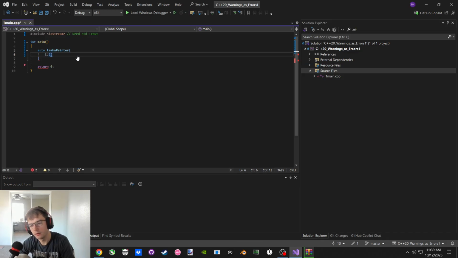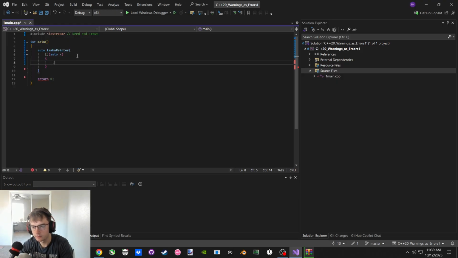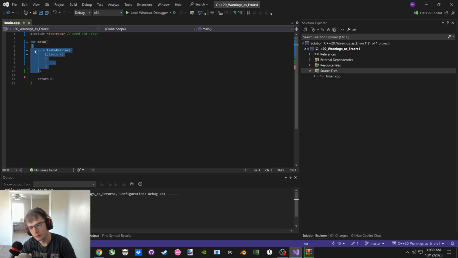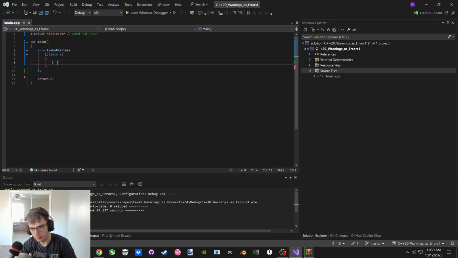Empty capture clause, takes a type deduced parameter and returns nothing, and we could omit that. The strat is this: tab, back, enter, enter. And then semi after the whole object is defined. And it's going to output X.